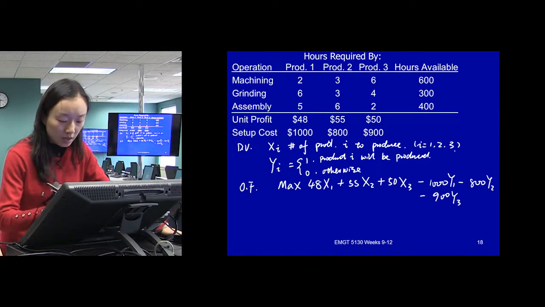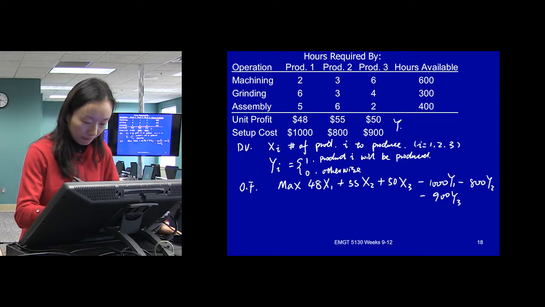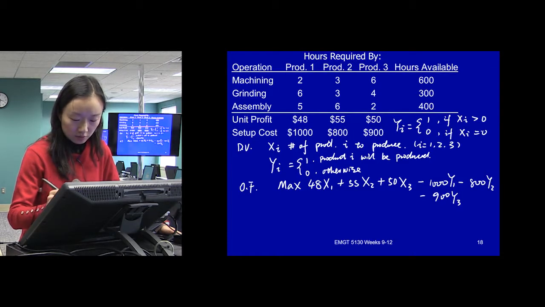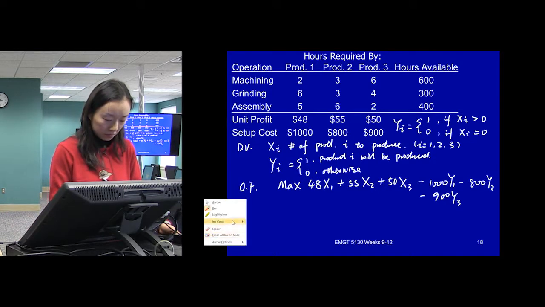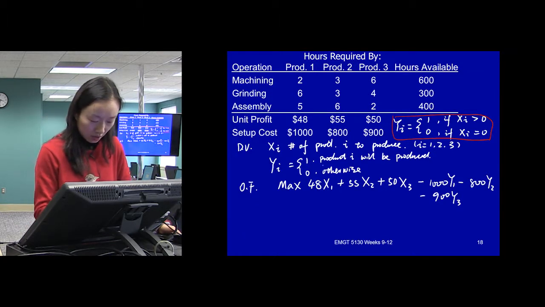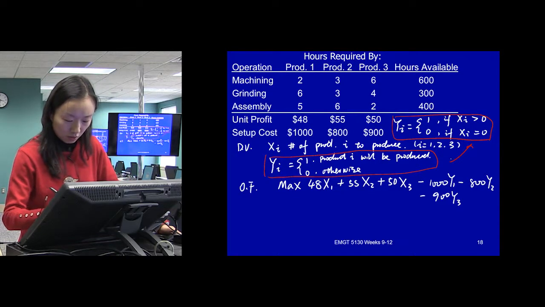Or a different way would be, I'll write it here: yi equals to be 1 or 0, if xi is greater than 0, and 0 if xi equals 0. So this is just a different way of defining your decision variables. Either one works.